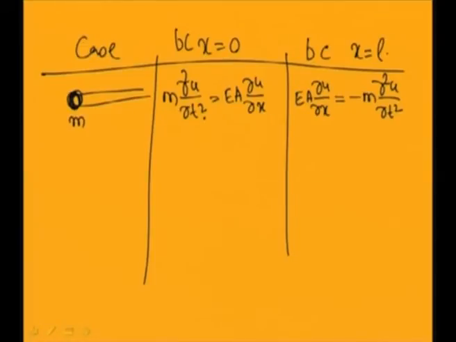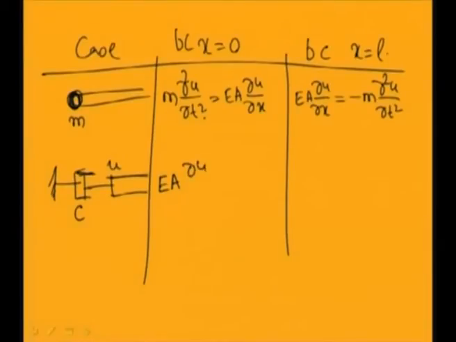Instead of putting a mass, if we put an end damper, let us put an end damper at this end. This damper is connected to the rod in longitudinal vibration at this end. In that case, the force E A del u by del x will be equal to the damping force. If this point has a displacement of u, let C be the damping coefficient. Then the damping force will be equal to C u dot. So, C u dot will be equal to E A del u by del x.